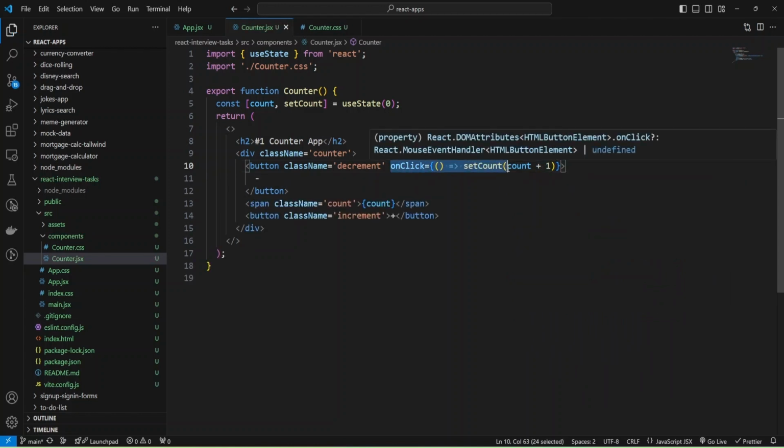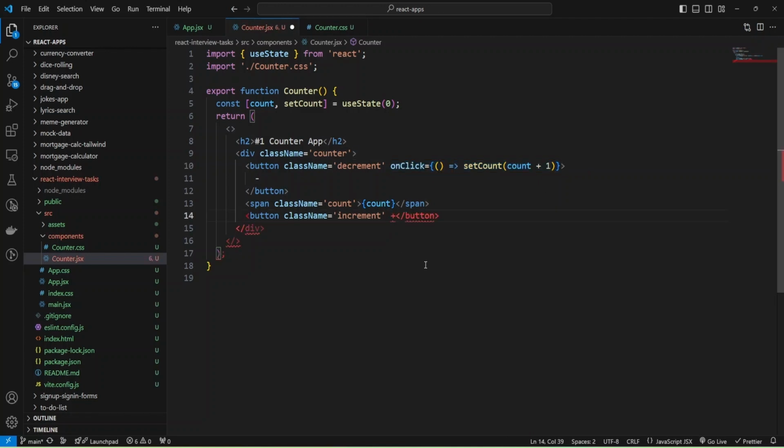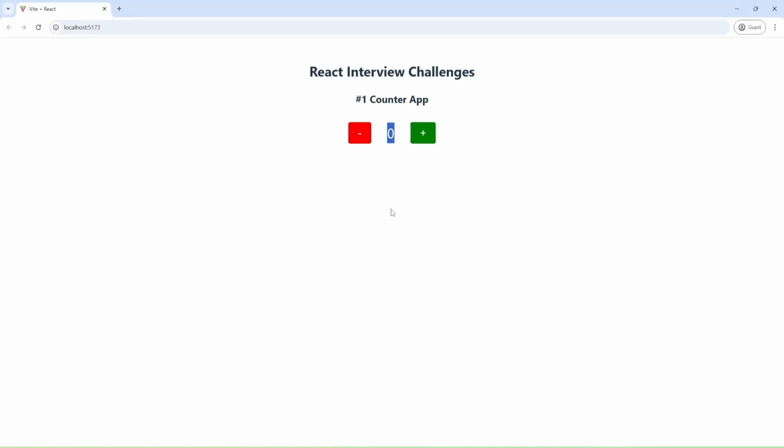And also I can add the same function for increment, the same event handler. Here I need -1, and let's check what I have. Let me refresh and press plus, and I have incremented count, and by pressing this button the value is decremented,